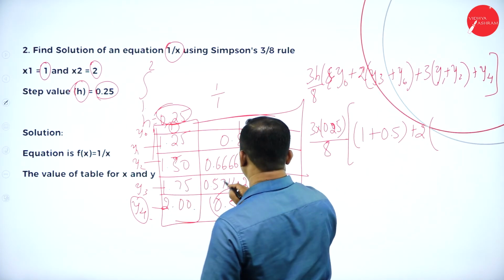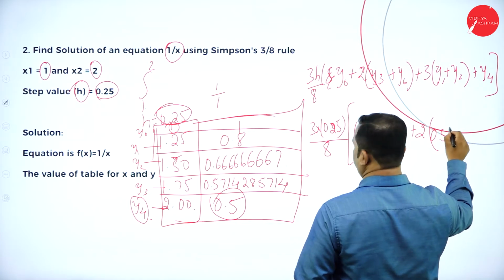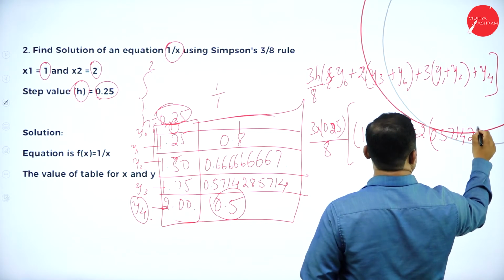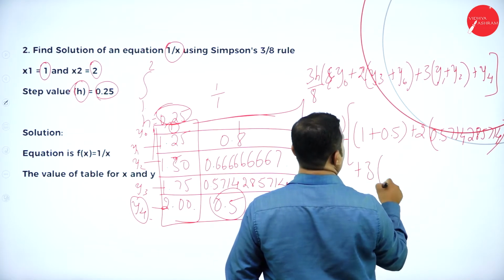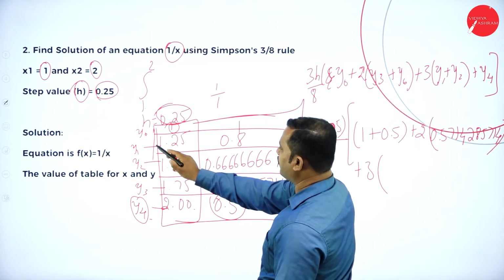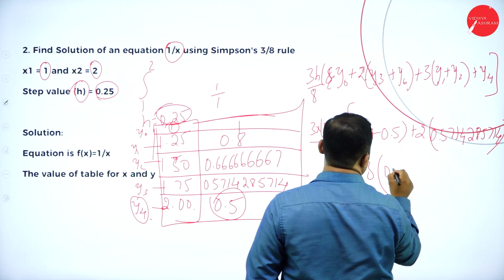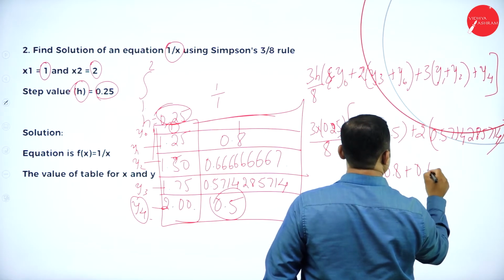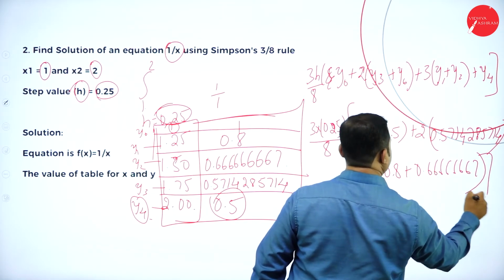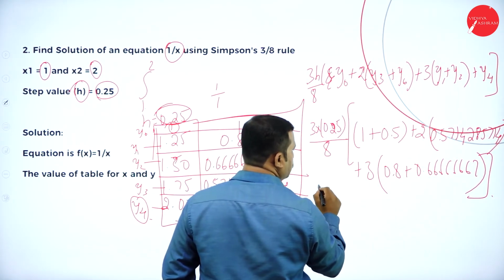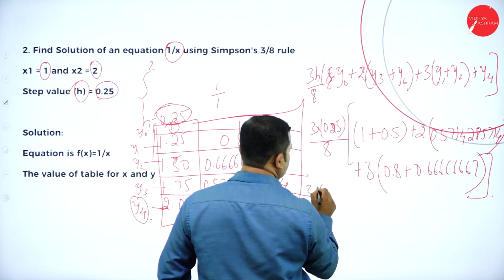What is the value of y3 here? 0.5714285714. Plus 3 times y1 plus y2. What is the value of y1 and y2? 0.8 plus 0.6667. If that is the case, after simplification, what is the value we are getting here? 3 into